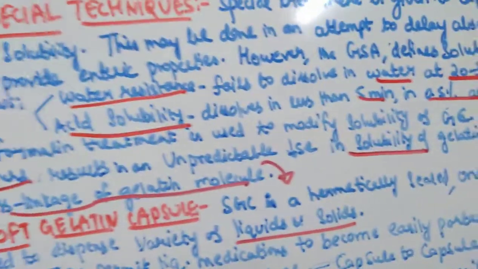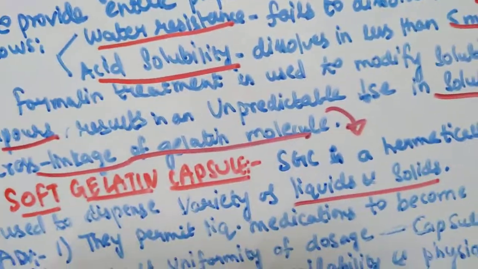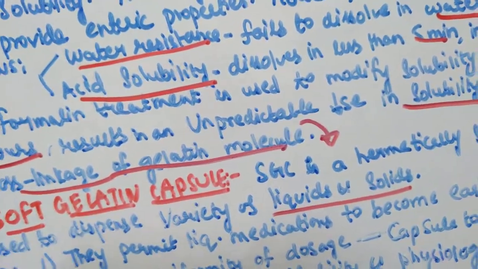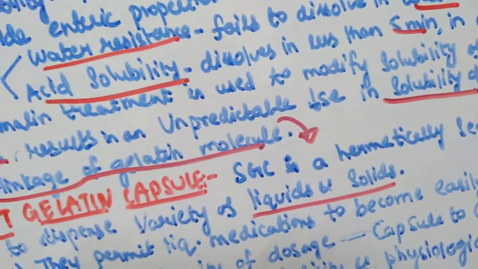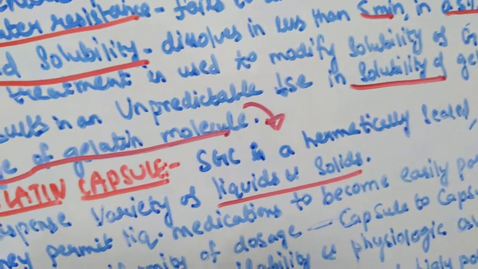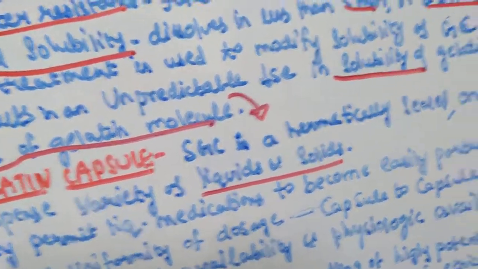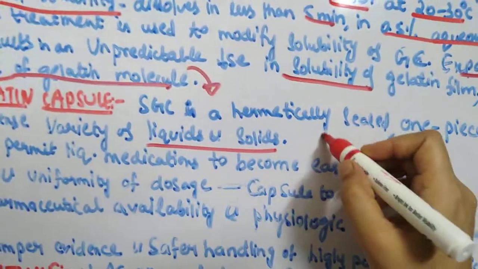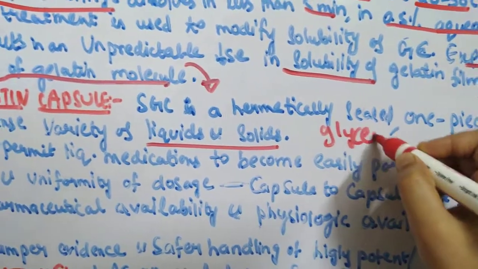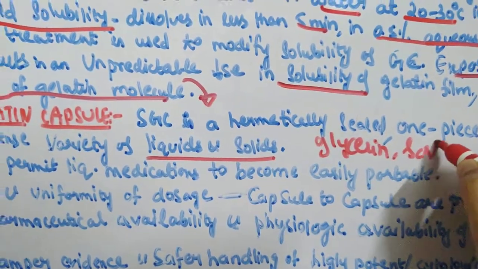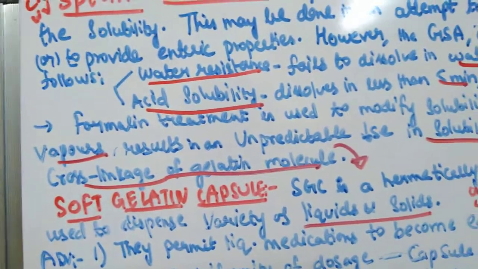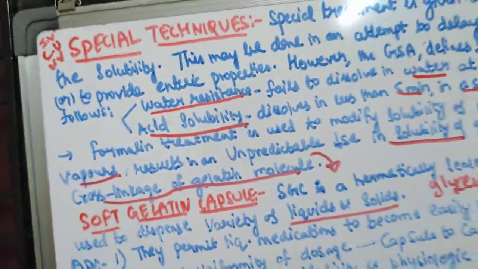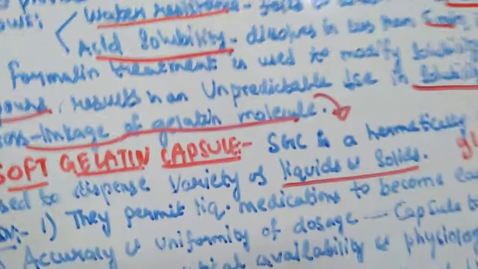You can also call it a soft elastic capsule, a soft globular gelatin shell, somewhat thicker than that of the hard gelatin capsule. Here also gelatin is plasticized by the addition of plasticizers such as glycerin and sorbitol. Capsules are solid dosage forms containing liquid medication. These soft capsules majorly consist of liquids.